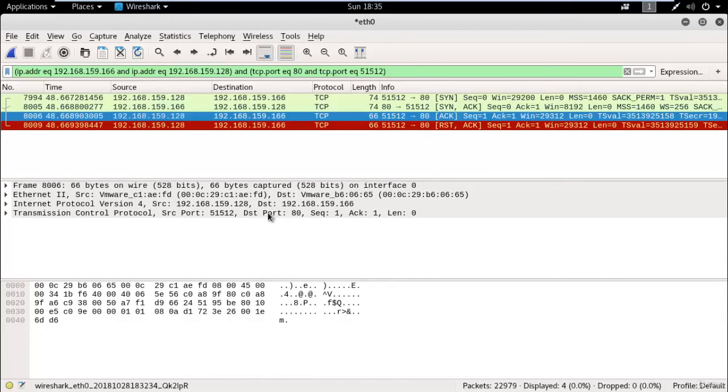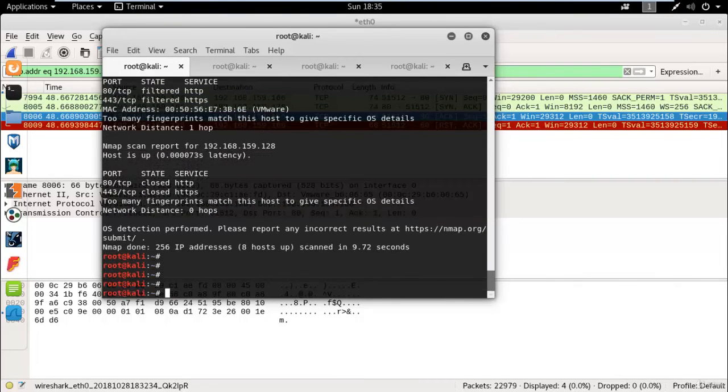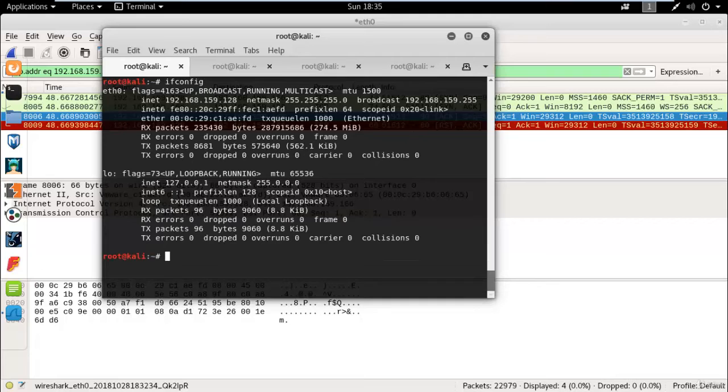So you already know the 128 IP address. Here you can see 128 is the IP address of my Kali Linux operating system.